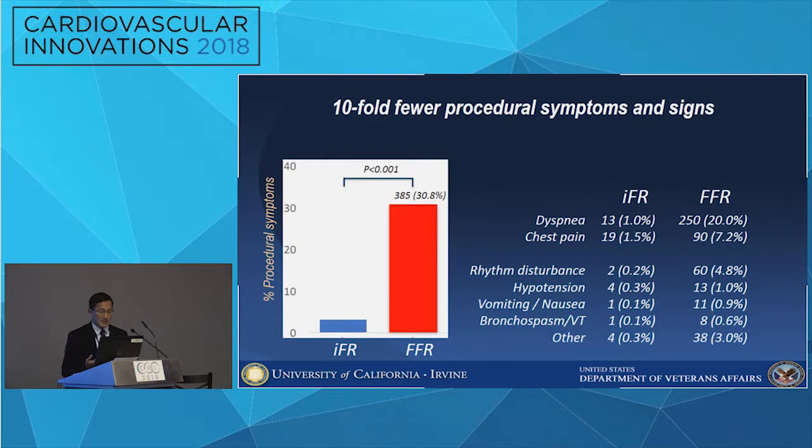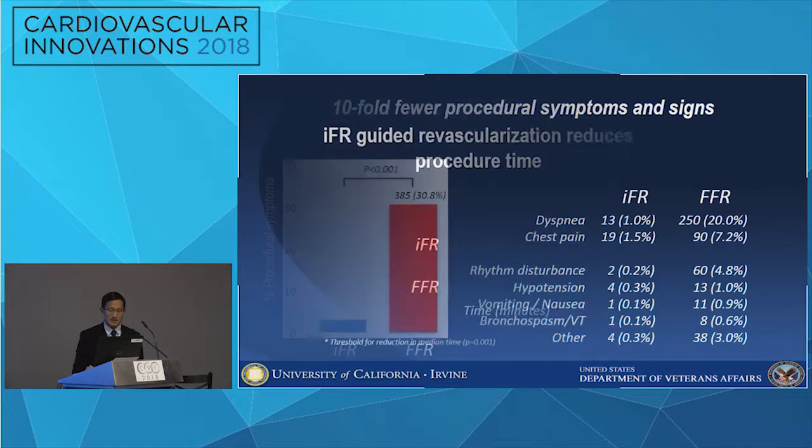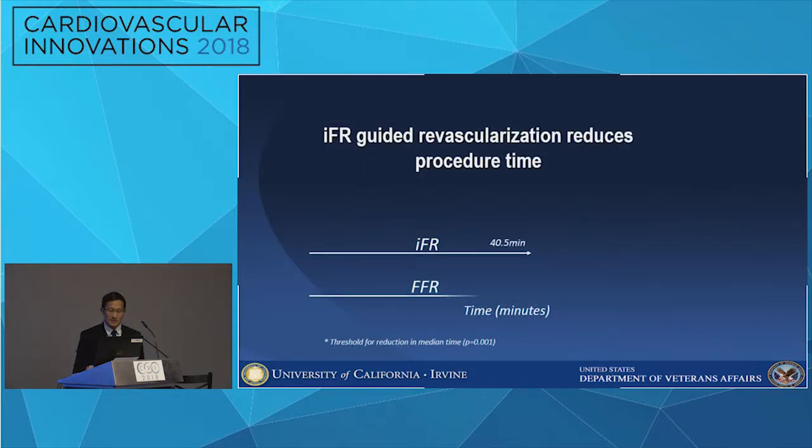So you had this potential benefit of having non-inferiority compared to FFR with 10-fold fewer procedural symptoms or signs, with less dyspnea, chest pain, fewer rhythm disturbances. Of course, if you don't give adenosine, you don't have any of these. It also found that they reduced the average procedure time by 4.5 minutes, and those of us who've used IFR